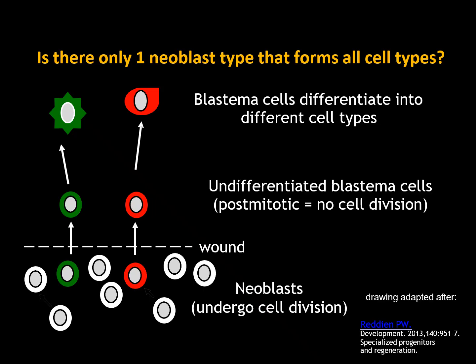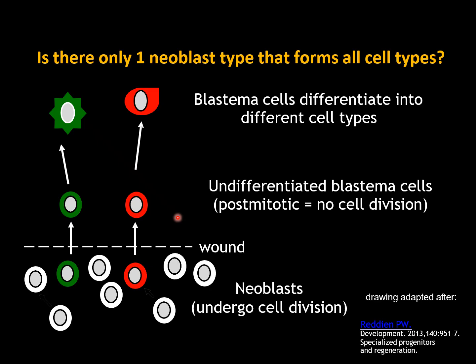Okay, so although the information is much more complicated and there are more details, I think this is enough of that component of cell regeneration. Now I'm going to tell you a little bit more about neoblasts. And the question is, is there only one neoblast type that forms all the cell types? Here you see that rather than one type of neoblast, they found many different specific types